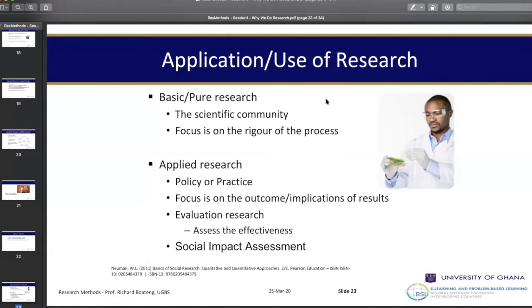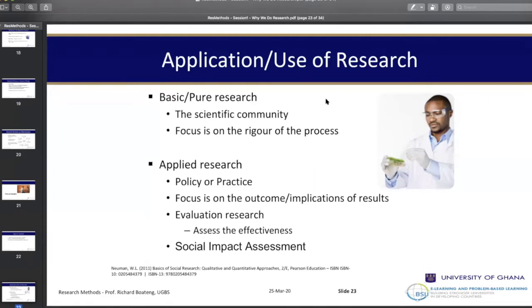And with that type of research, the policymakers and practitioners, who are most likely to be the audience of the research and the sponsor of the research too, will require you to communicate the results in a manner that will suit their interests. So the focus of that type of research is more on the outcome and the implications, not just the rigor of arriving at the answer. They are not so much concerned about your rigor of arriving at the answer, but more about the outcome. What did you see? What was your finding? So sometimes even when you finish your study, they collect the study from you and re-communicate the parts that they want and publish only that.